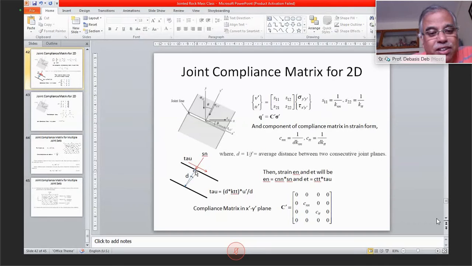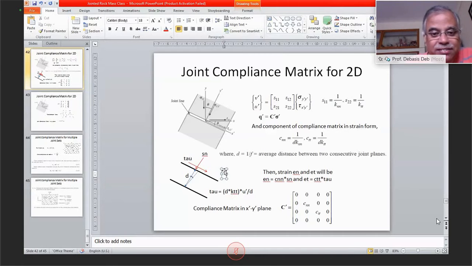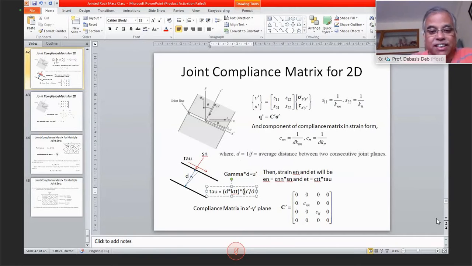U in U means this angle multiplied by this D will be the U. If you remember how we find arc length, I can write that if the angle is gamma, let's say, gamma multiplied by D will be my U dash, because gamma is very small. So now you can see this gamma, which is shear strain, is U dash by D. So this is basically my shear strain.